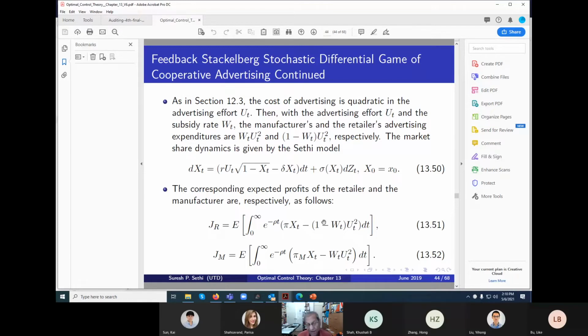So that's what we mean by a backward solution of the game. Okay, the solution moves forward. You announce W and he announces advertising. That is how the sequence is. But the way you solve it is backward. You first find out the reaction function for any given W, then you use the reaction function to find the W, and once you find the W, you implement it forward. Okay, so make that distinction, because in a single period it is simple to see, but in continuous time